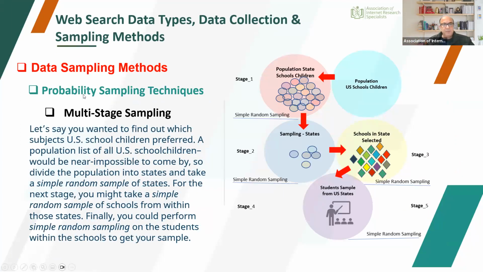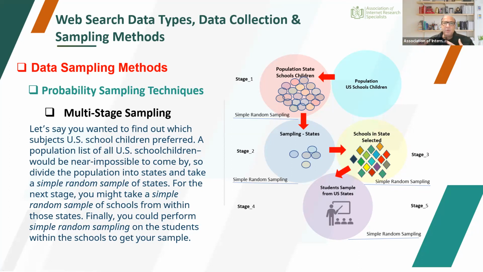Then we've got probability, we've got multi-stage sampling. And like I said, it depends on the strategy of extracting samples based on objective of research. And within the same research, you can have 5 or 6 different sampling techniques you can apply. It just depends on what you are after, or what is the ultimate sample that you require. In this case, for instance, the population is of US schools children. So it is a very huge population,